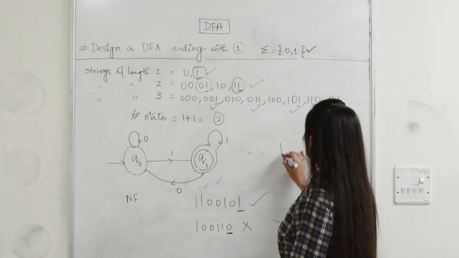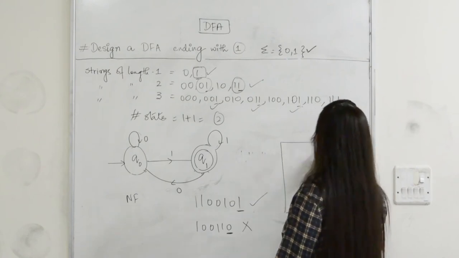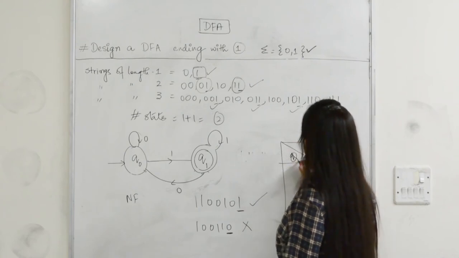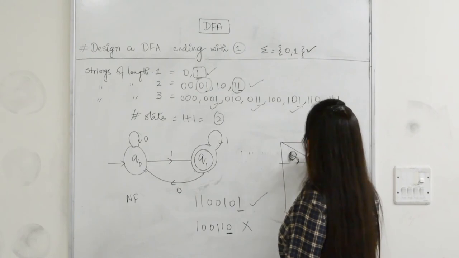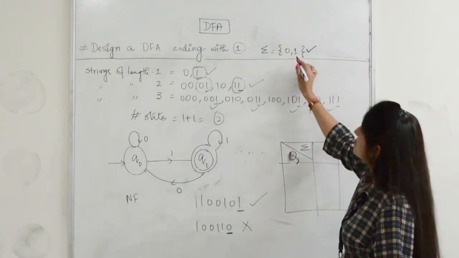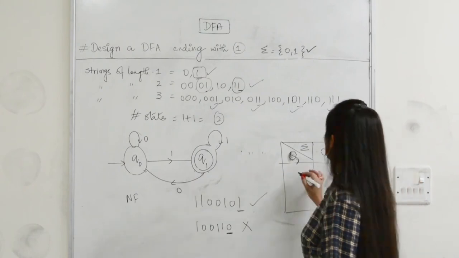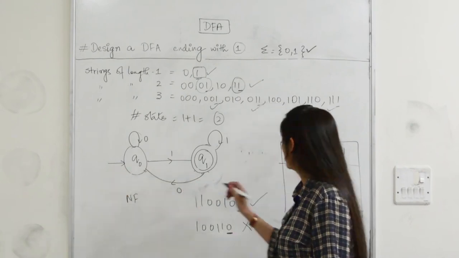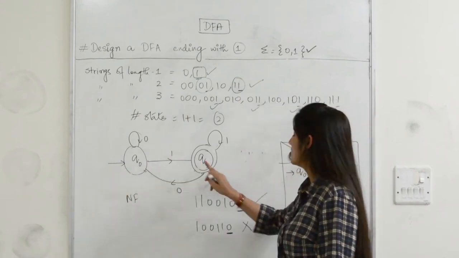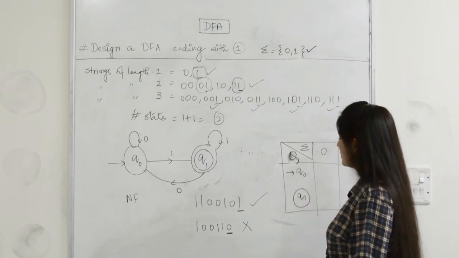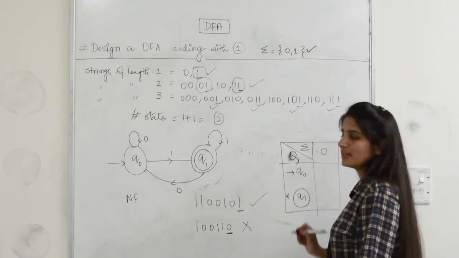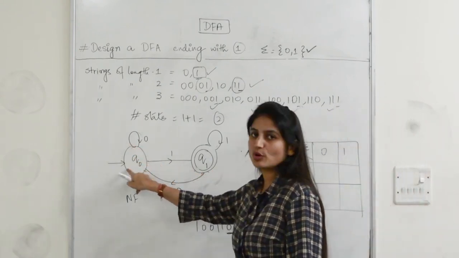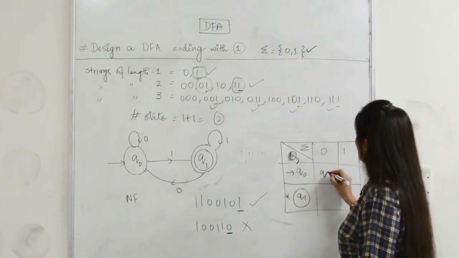Now if I have to make the transition table for this, what I have to do is, here we will put the states, which are represented by capital Q, and here we will put the input alphabets. So input alphabets are 0 and 1 and your states are Q0 and Q1. Q0 is your initial state, so it will be represented by an arrow, and this is your final state Q1, which will be represented by a concentric circle, or you can also put a star which says that this is a final state.